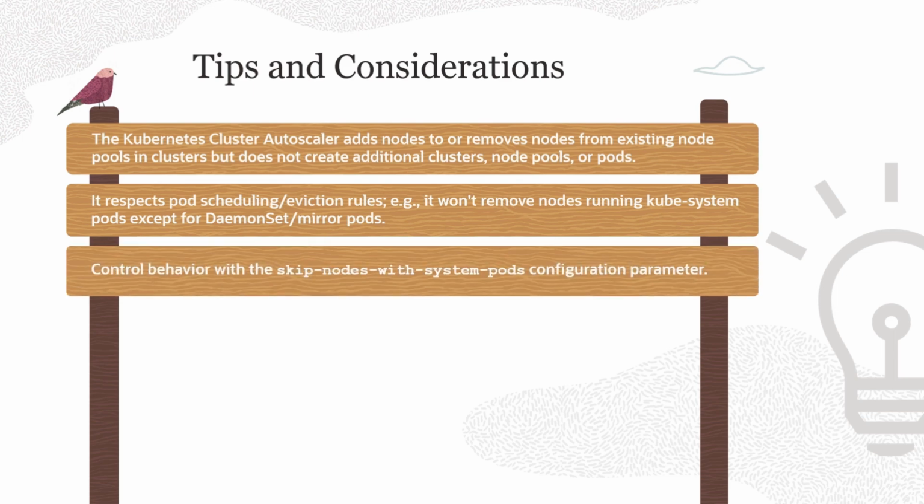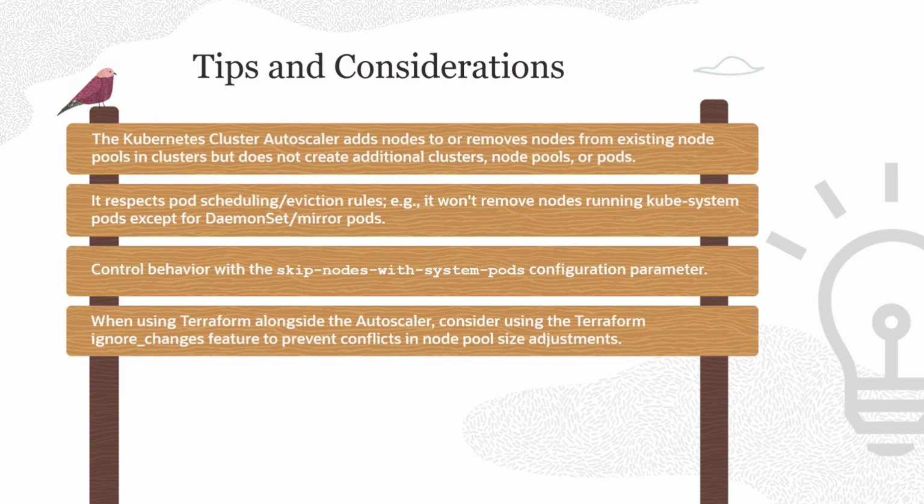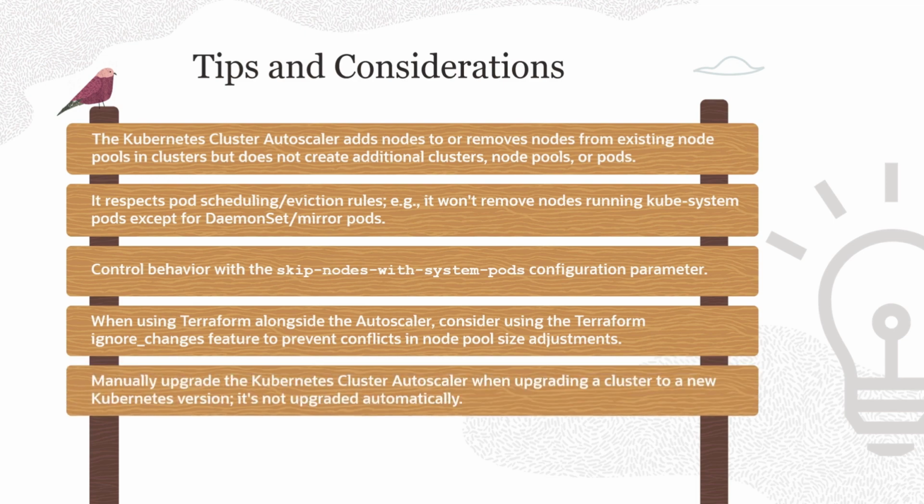Fine-tune behavior using the skip nodes with system pods configuration parameter, offering control over the autoscaler's decision-making process. When using Terraform alongside the Kubernetes cluster autoscaler, leverage the Terraform ignore_changes feature to prevent conflicts in node pool size adjustments. Upgrade the Kubernetes cluster autoscaler manually when upgrading your cluster to a new Kubernetes version, as automatic upgrades are